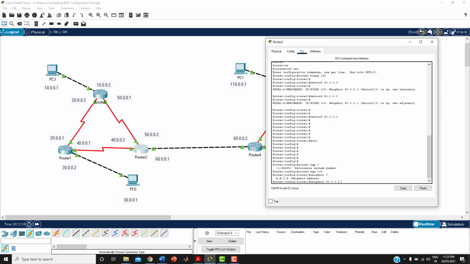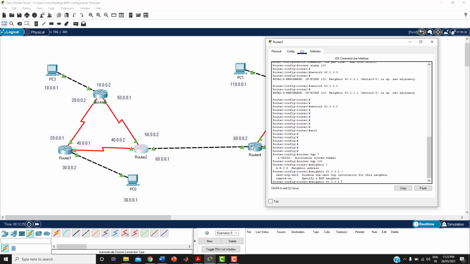Then I'm giving a space and then the question mark. You can see there are two options available. Next hop self, this is to disable the next hop calculation for the neighbor. And the next one is remote AS, that is going to specify the BGP neighbor. So you have to specify who your neighbor is. So remote.